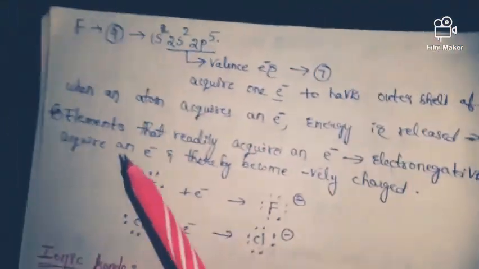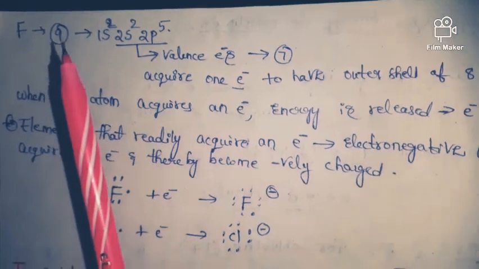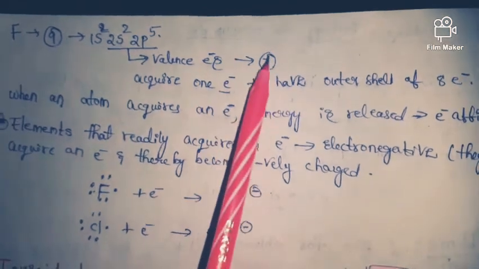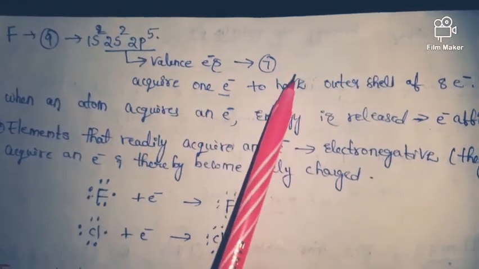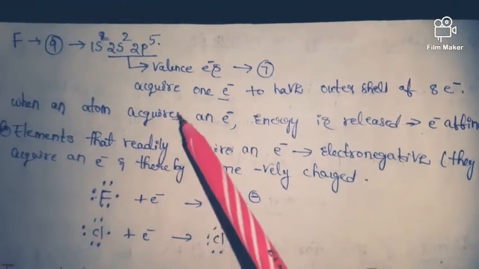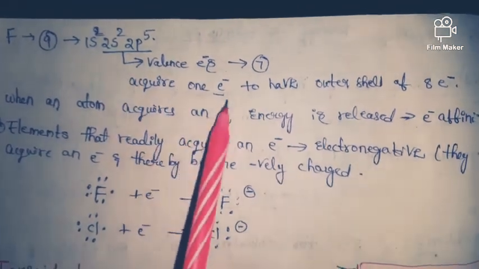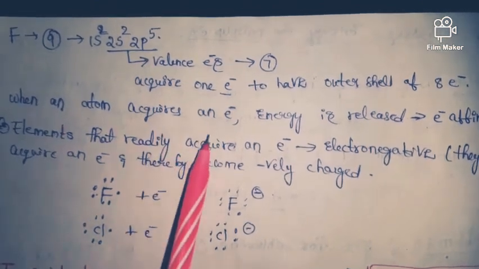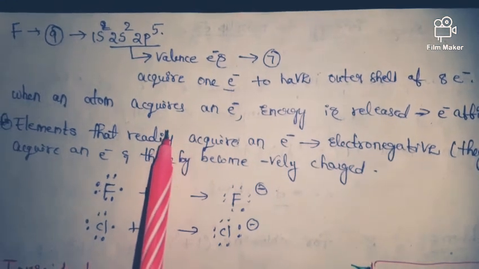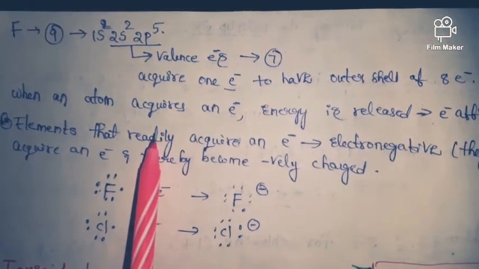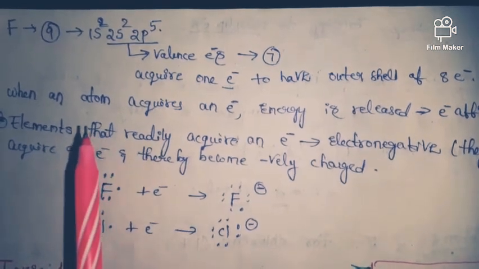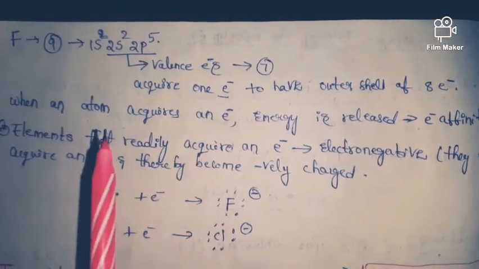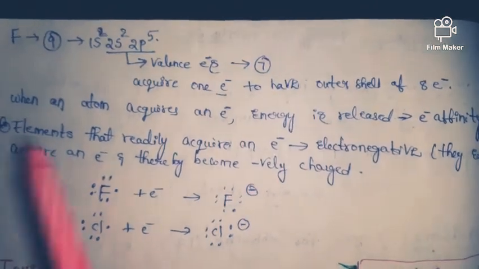Next, friends, here I have taken one more example, fluorine. The atomic number of fluorine is 9, so 1s2, 2s2, 2p5. Valency electrons are 7. In order to get the octet, it requires one electron. So an electron should be added to get 8 electrons, or to get the octet. In the last example we discussed the energy required to remove an electron, but here we have to add an electron. The energy required to add an electron is nothing but the electron affinity. That thing we have to remember.